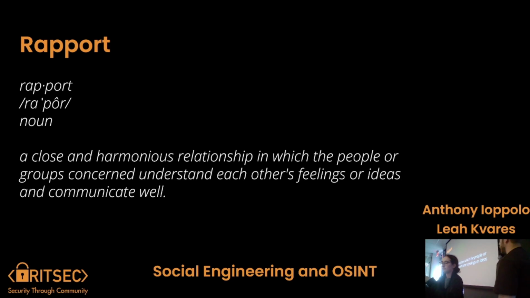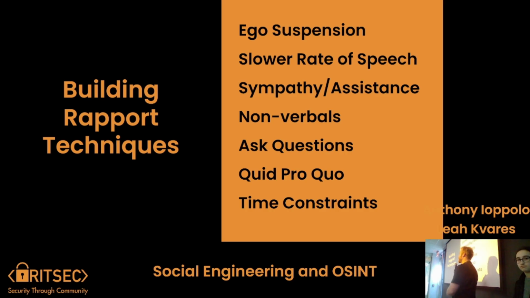One of the big things you're doing when you're doing social engineering is building rapport. The idea behind this is you're trying to build a close relationship so that somebody can trust you. The important thing is that you can do this really fast. If you're on a physical engagement and you see someone, you realistically have a 5-second window to get them to trust you, which is pretty crazy to think of. There are some pretty good techniques that can help you do this. These are some basic rapport building techniques.